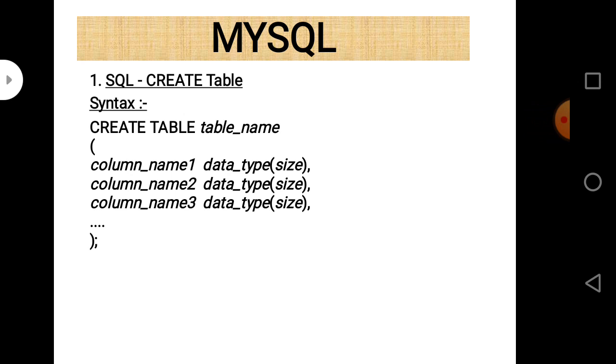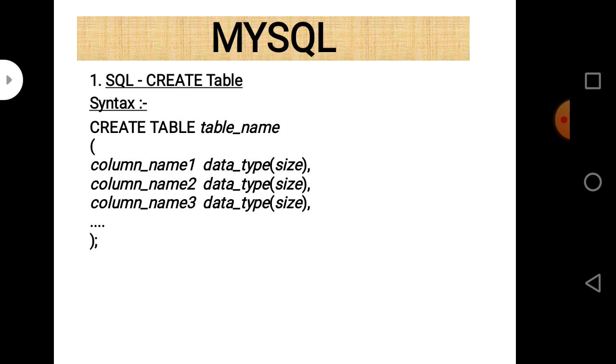As we know that MySQL is RDBMS, Relational Database Management System. It means data is stored in the form of tables. That's why they are called the Relational Database Management System. Relation is called the table. So MySQL is RDBMS, and the first command related to MySQL here is create table command. First of all, you should create a table. So the name of the command is create table.